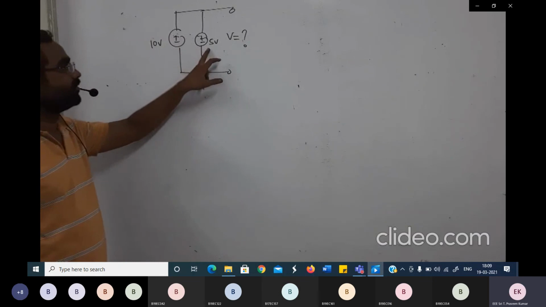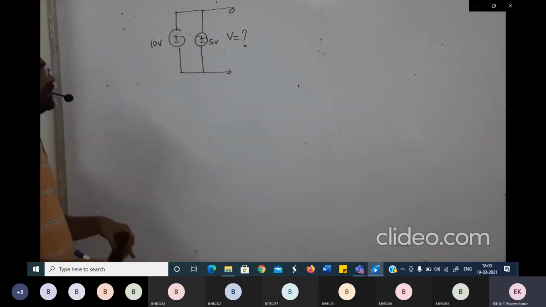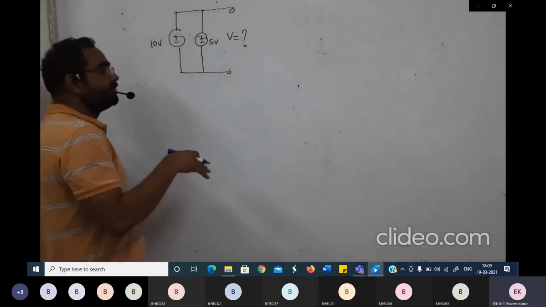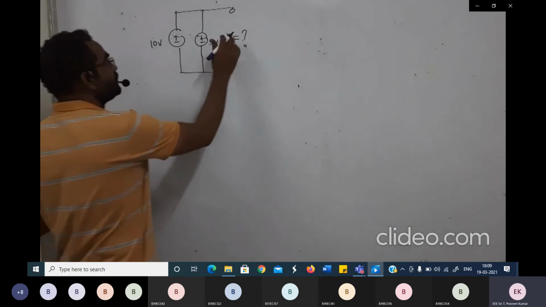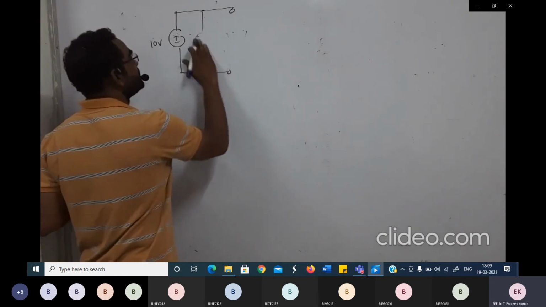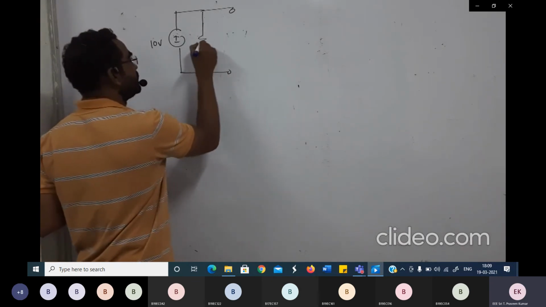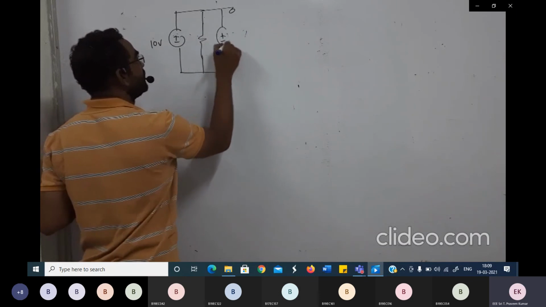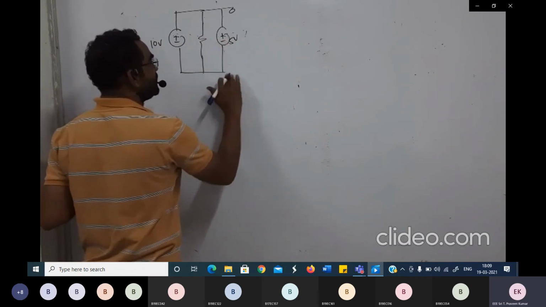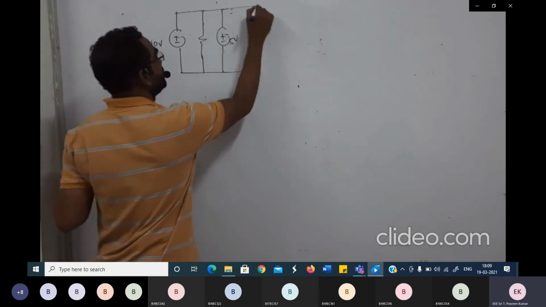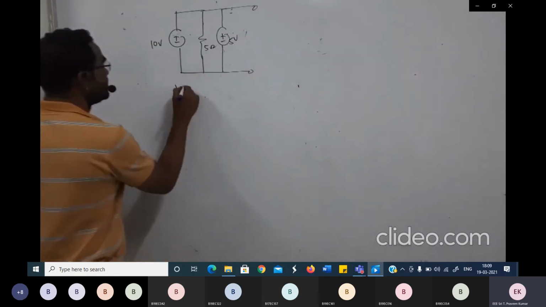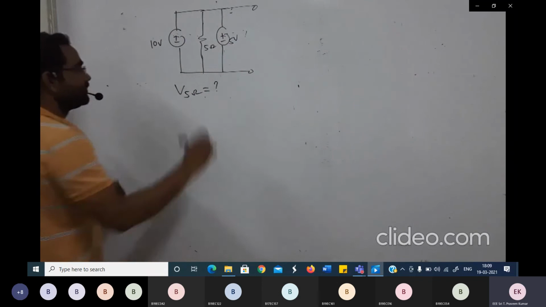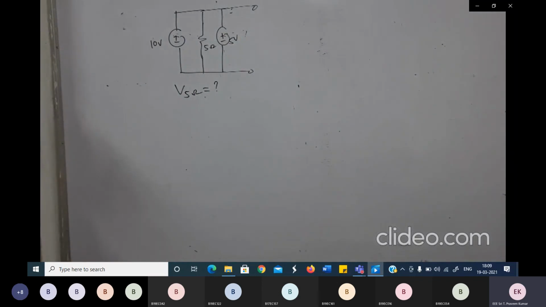Please do remember what is happening here. The 10 ohm source and this 5 volt source are both connected in parallel. But as far as our knowledge says, when elements or sources are connected in parallel, let us suppose that I have a resistor connected here instead of taking sources directly. I'll take a voltage source here. This is your 5 volts, and this is a 5 ohm resistor connected like this. Now the question asked is, what is the voltage across the 5 ohm resistor?